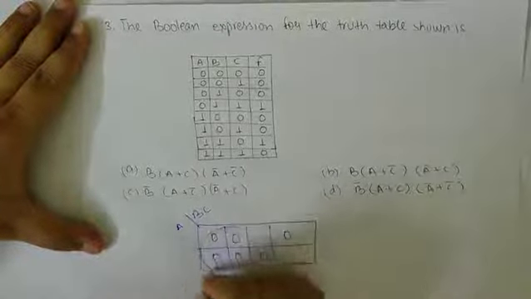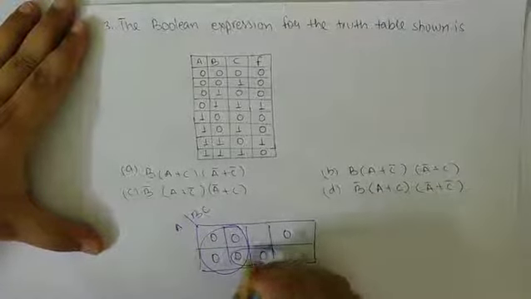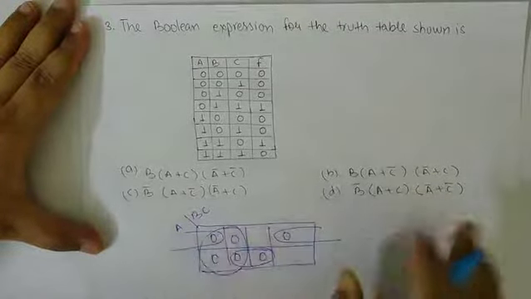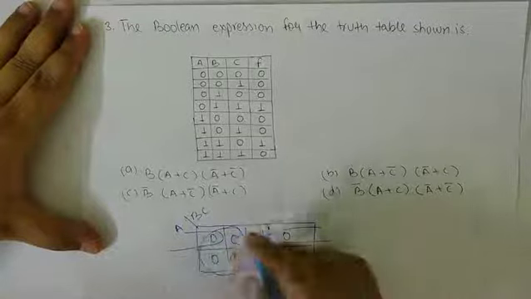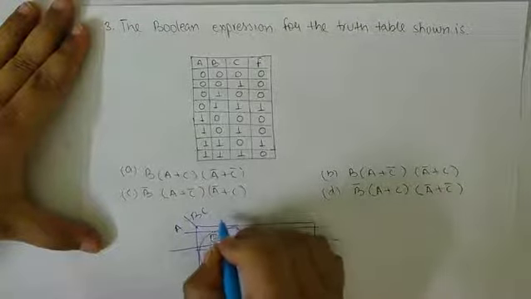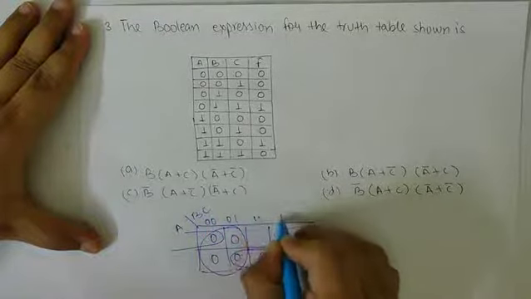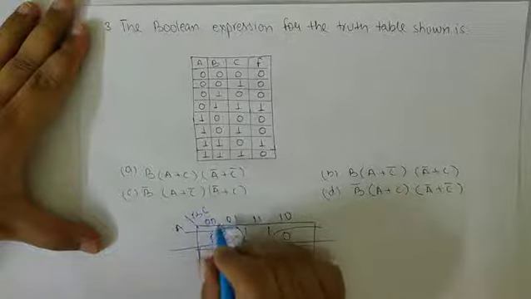Now let's make a grouping of this. This could be one grouping, this could be another grouping, and this could be another grouping. So from here we can say that this is like 0 0 0 1 1 1 1 0. So this is like B,